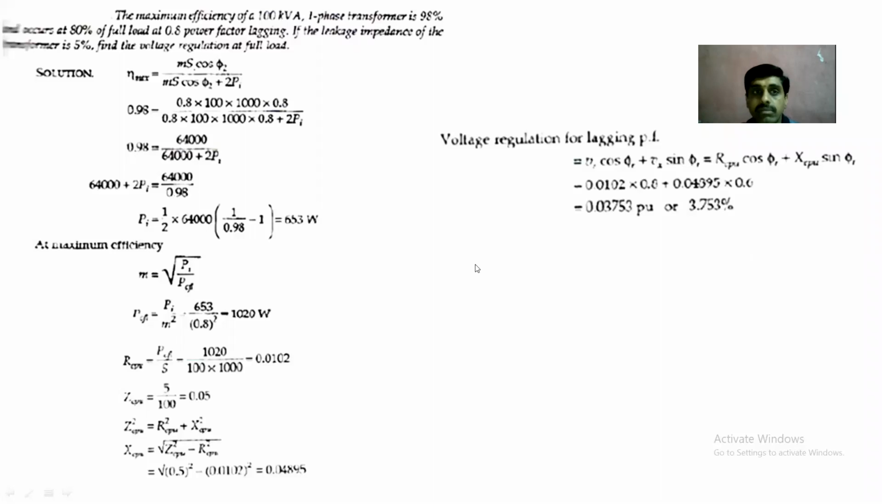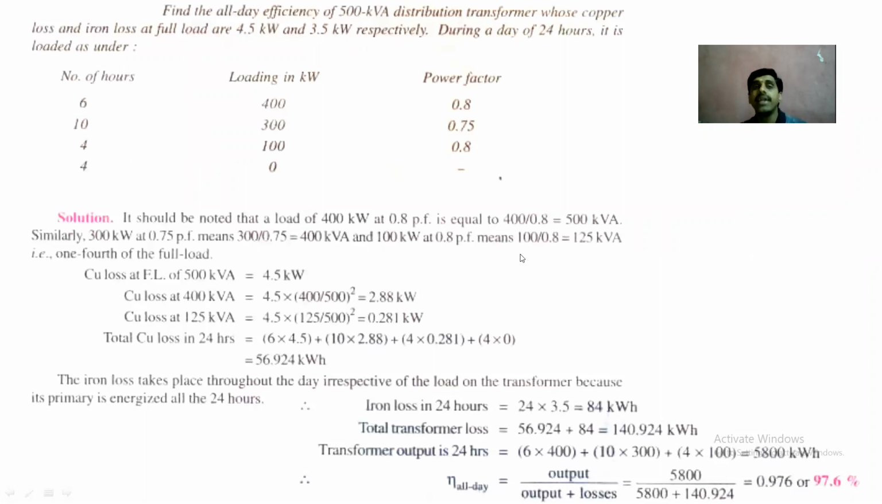You see this problem on the all day efficiency. So we have the formula for all day efficiency. It will be in terms of kilowatt hour, output in kilowatt hour divided by input in kilowatt hour for a distribution transformer. So here you see, all day efficiency of a 500 kVA distribution transformer whose copper loss and iron loss at full load are 4.5 kilowatt and 3.5 kilowatt respectively. During a day of 24 hours,